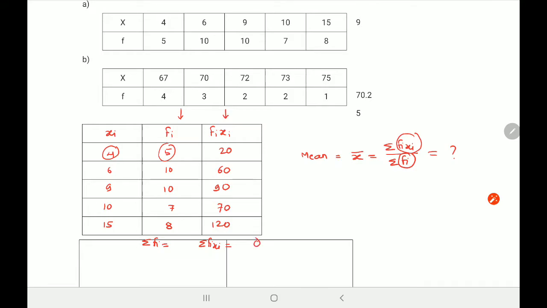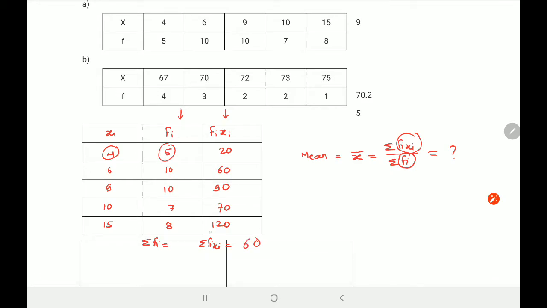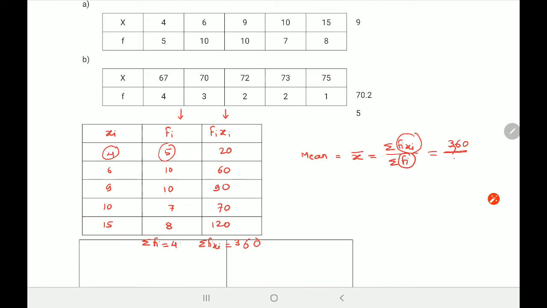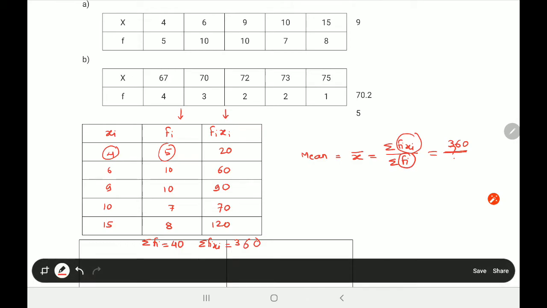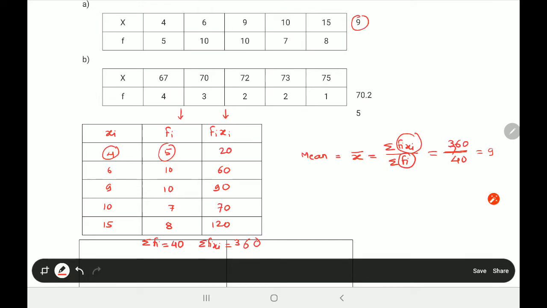So the addition is 0 here, 9, 18 and 8, 26, 6 carry 3, I think 360. I hope it is correct. 360 divided by, I think, 10 plus 10, 20, 15 plus 15, 30 and 10, 40. 40, yeah. So if I divide, I get the answer as 9. So the mean is 9 and the answer is here. Hope you could see that. It's a very simple way, very simple content.